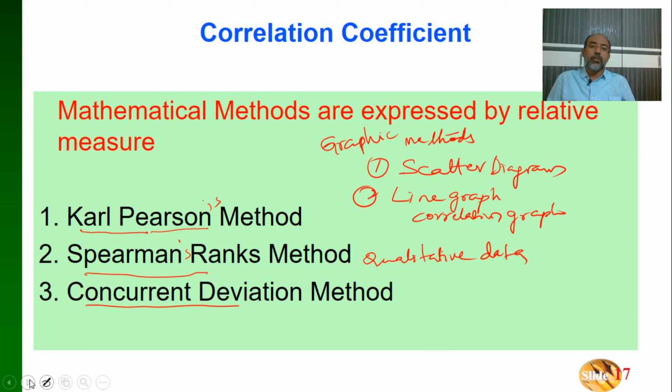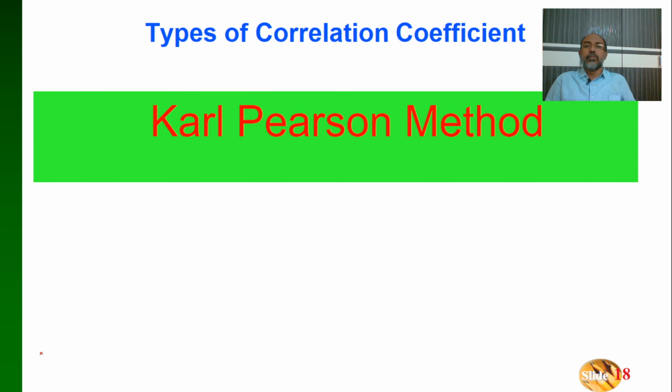Today, most probably we'll complete the Karl Pearson method since it is a big topic. We are going to deal with the Karl Pearson method. It is the major part of the correlation coefficient. To define the correlation, it is the relation between two data sets or two variables having any association or relation among them, to be found with this method.